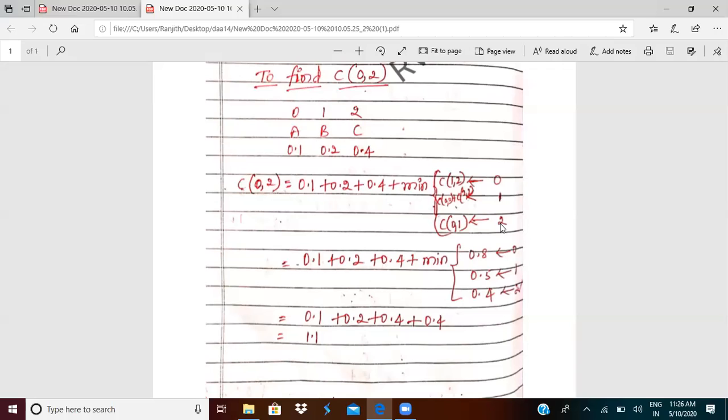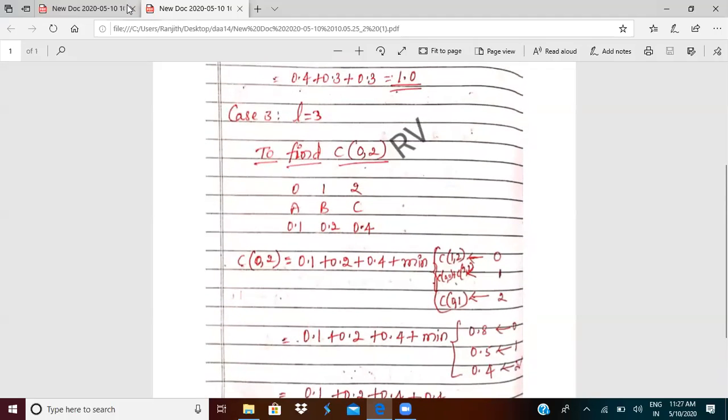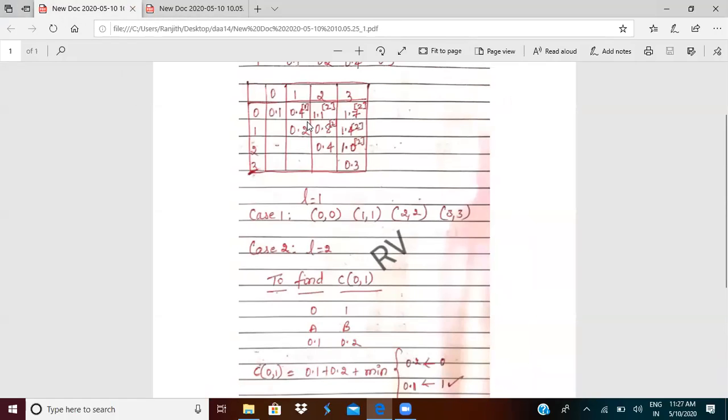Any doubts, Abhishek? Sir, when we are covering 1, then why are we not writing 0 comma 2? Why will you write 0 comma 2? You should not write 0 comma 2 because if you take 0 comma 2, there is no value in 0 comma 2, the 0th row and second column. So how will you take that value? When you don't have a value, how can you use it? Okay, got it, sir.